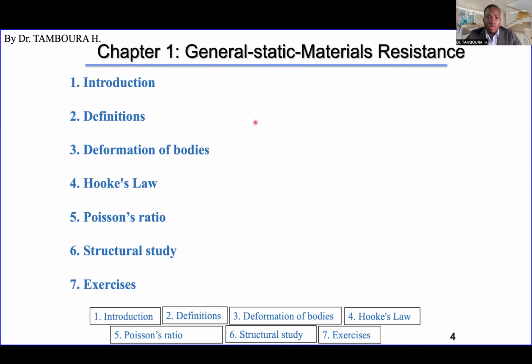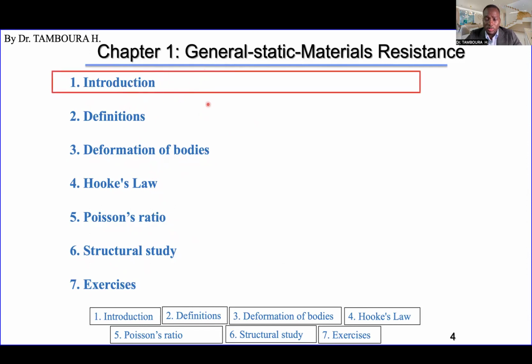Okay, so today's video will be only about the introduction. Okay, this introduction is about general things about structural analysis, and we will have another video in this chapter that will include all the remaining points. Okay, so this introduction maybe will be the same length as the other points cumulated. So it will be about the same length of video. Okay, so let's start with this introduction today,